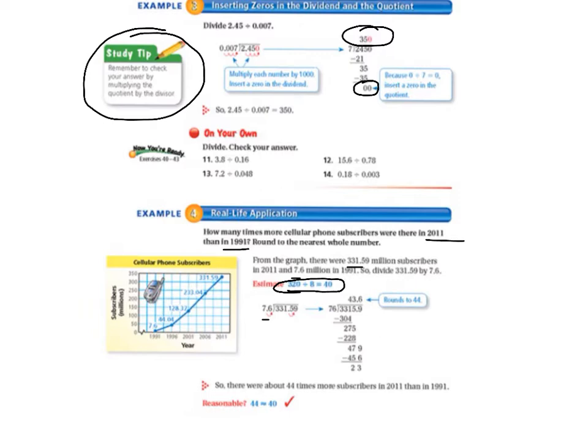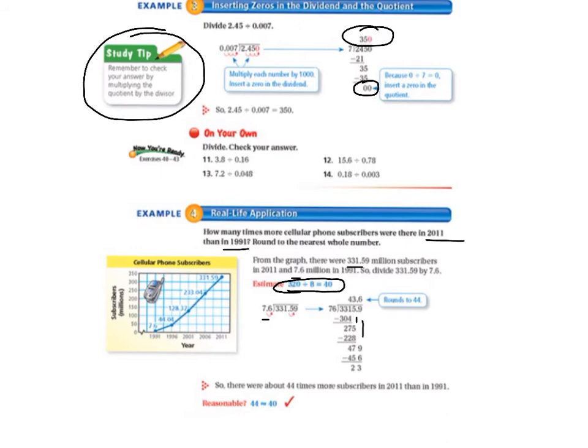76 goes into 331 4 times. 4 times 76 is 304. 331 minus 304 is 27. We bring down the 5 and we get 275. 76 times 3 is 228. 275 minus 228 is 47. And so we bring down our 9,